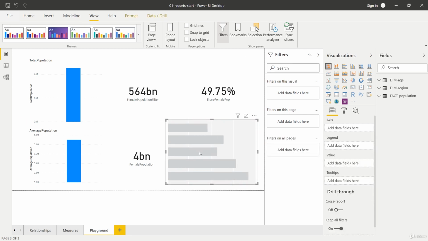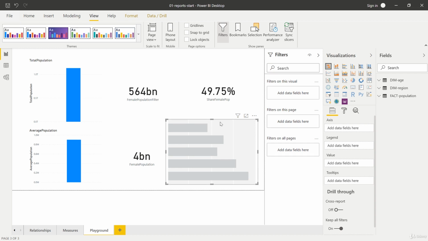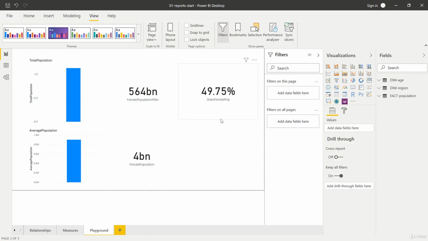And if you're not happy with the visual type you selected, you don't have to delete it. You can just select a different one right here and right there. And in this blueprint, the so-called tile, you can always see which chart type you currently selected. If you don't want to have the visual, then simply left-click onto it and delete it.